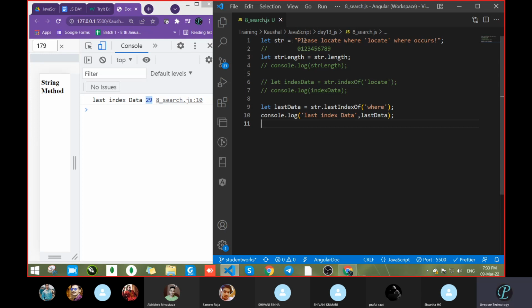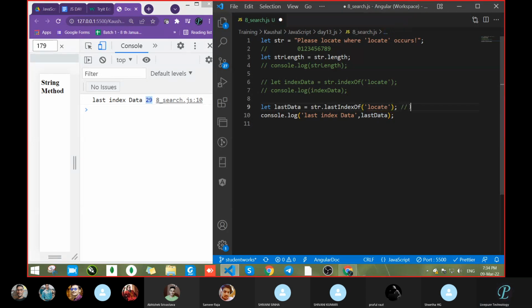It completes this sentence itself, and where it gets a match, it will not compare completely. Once it gets one where, it will search for another where and give you the last index. Suppose this was not there, and there is no extra where. Then it will return the only one, because there is only one. That's why the first and the last come at the same 14 position. But here, in the case of locate, it gives the second one.